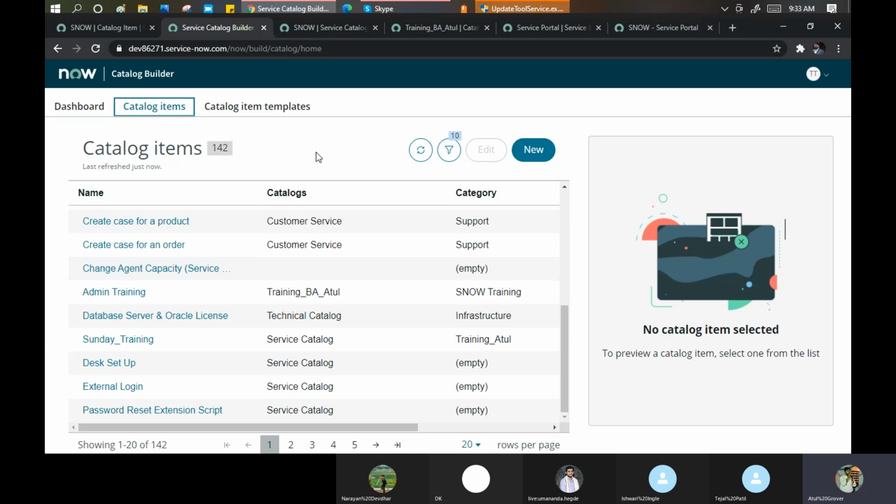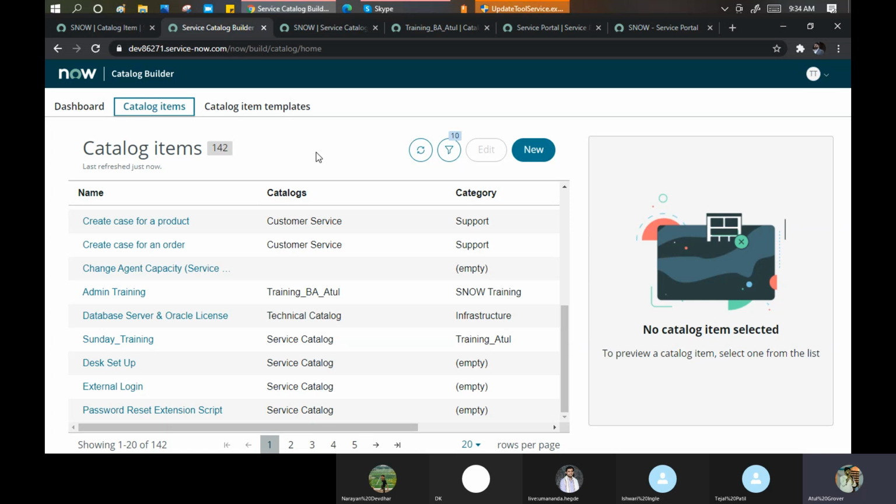So your homework for today, you need to study 3 major terms. Catalog builder, number 1, as Dipesh just mentioned in the chat. You have to read what it does. Second, you need to read about the flow designer.